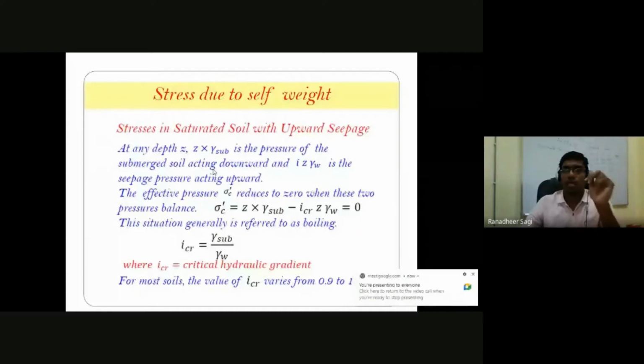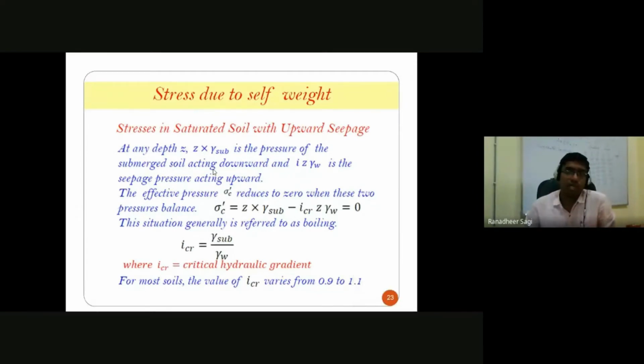In the last class, we were talking about how to calculate the stresses, all because of the self-weight of the soil itself. But in the case of seepage, when the seepage is taking place through the soil, we have seen how to calculate the stresses in the soil, both for seepage in the downward direction or in the upward direction. Whatever is the case, we have seen how to calculate the stresses. And next, we'll go ahead and see